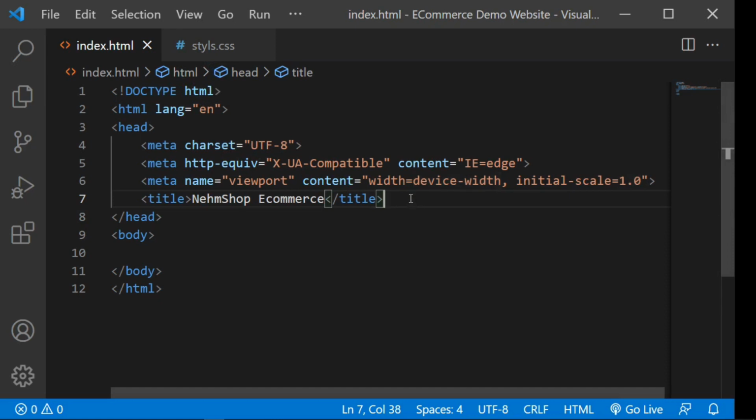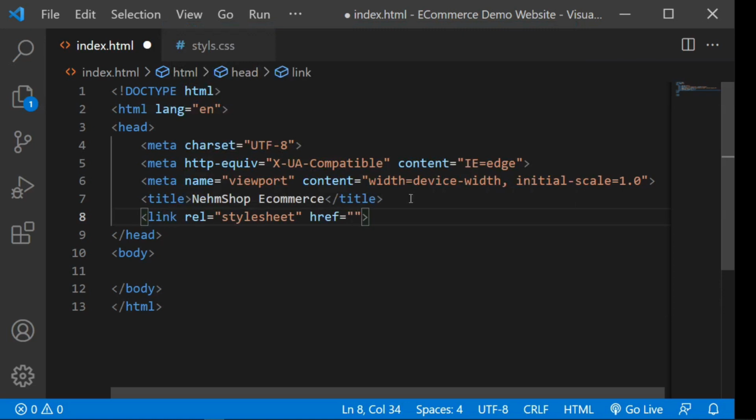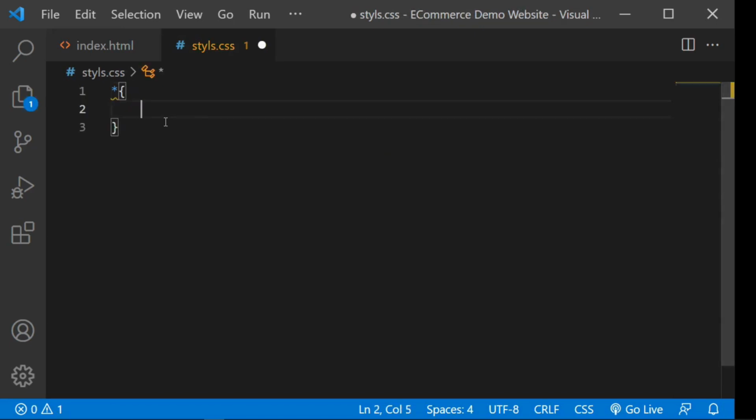To link it, you're going to type link, then you're going to place here your CSS. So it is styles.css, and then just save. And then in the CSS, on the first line here, you're going to create a star, and then open and close the curly brackets. And then now we're going to write some properties and values that will affect the entire project, the entire